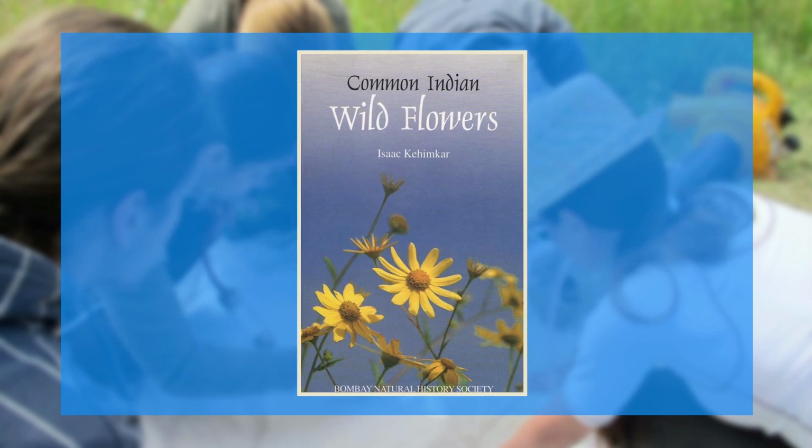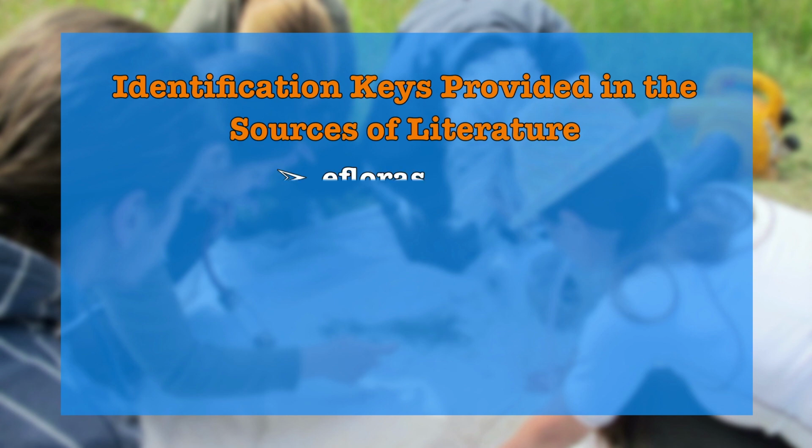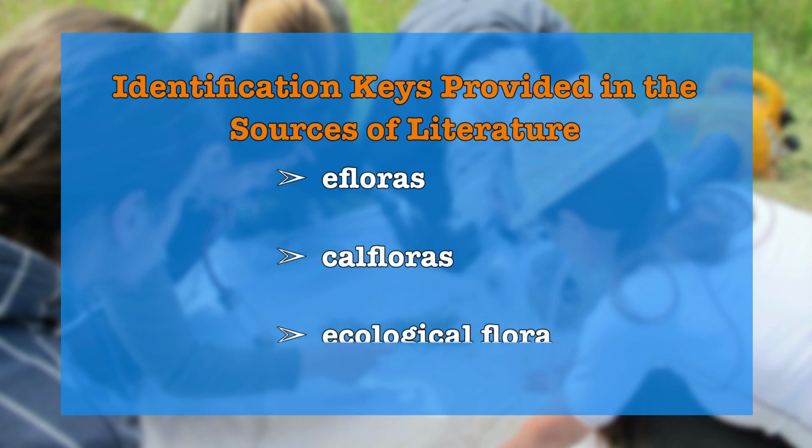This will be achieved by visiting different herbaria and comparing unknown specimens with duly identified specimens stored therein. Alternatively, the specimens will be sent to different experts who will help in the proper determination. Identification will be authenticated by using various types of taxonomic literature such as floras, monographs or manuals. The identification keys provided in the sources of literature, eFloras, CalFloras, Ecological Flora of British Isles will also help in